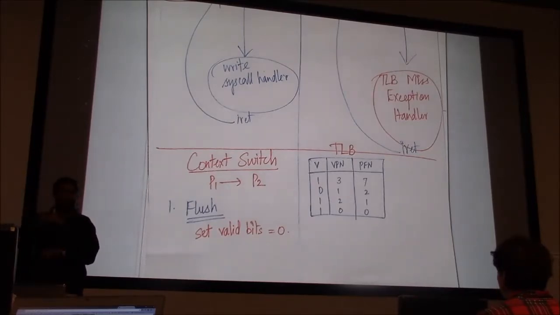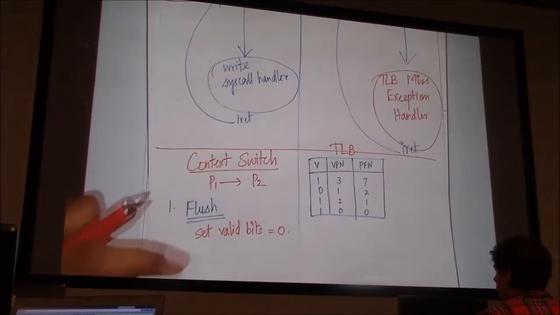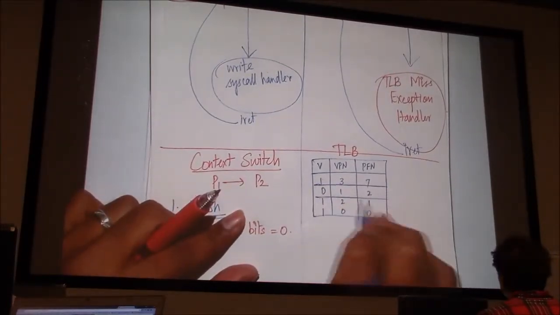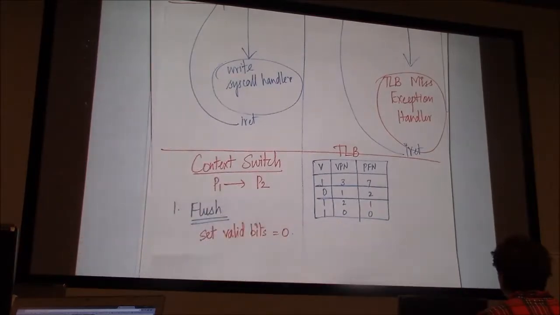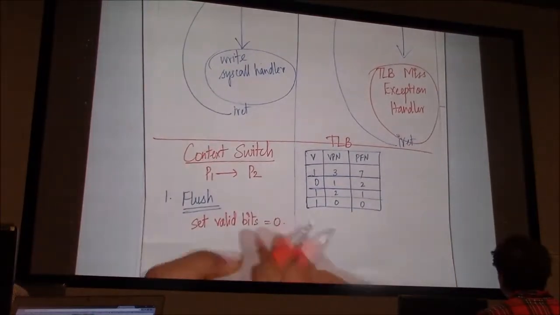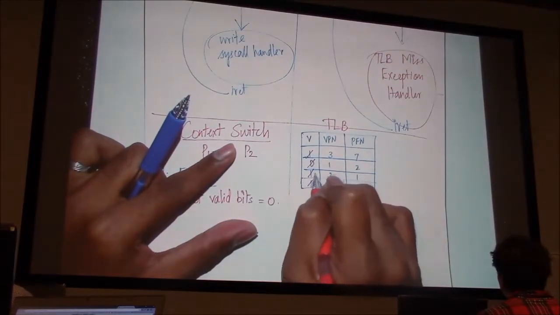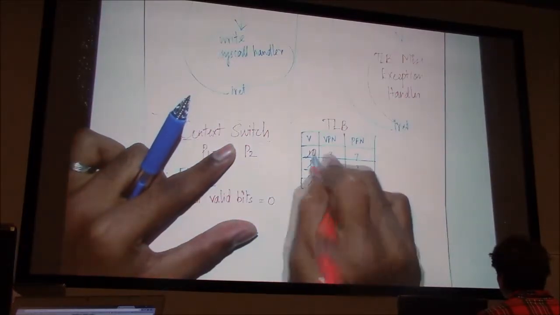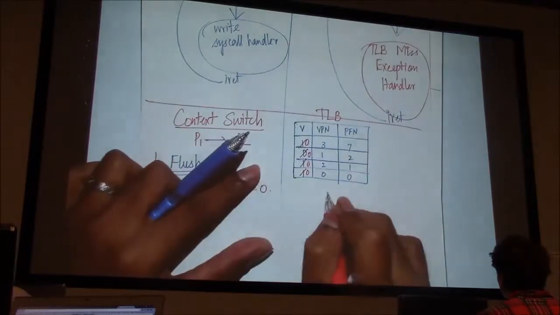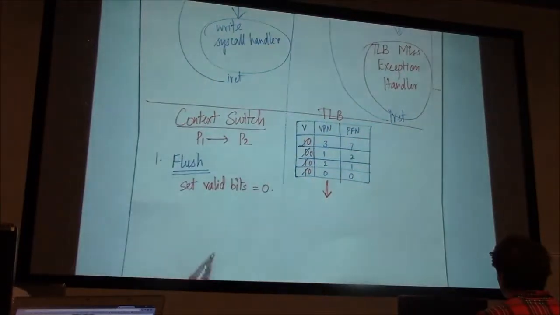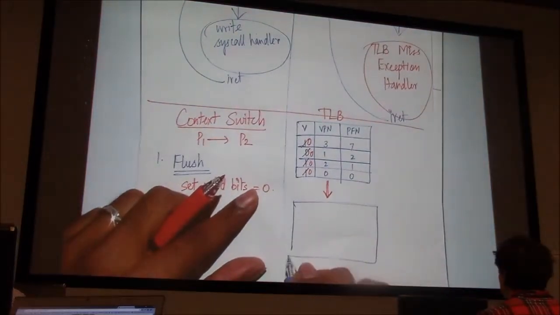And now, when the second process starts executing, a few of its translations would occupy the TLB, and so some would be valid translations. Let's assume only the first two entries are. After this, we will just go and set all these to 0 when we do a context switch. None of this is valid, and so now when process 2 starts executing,